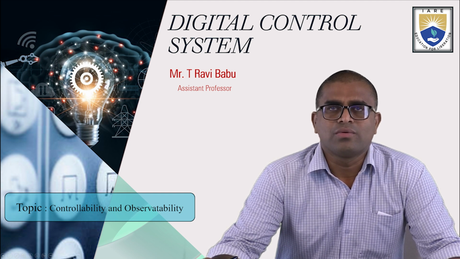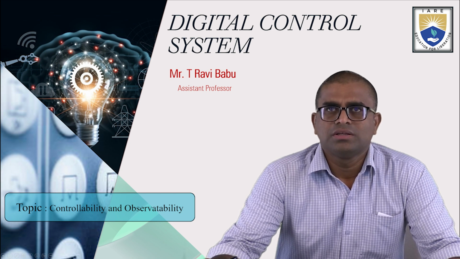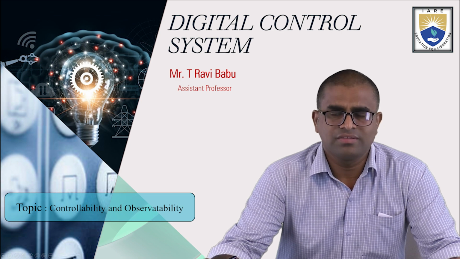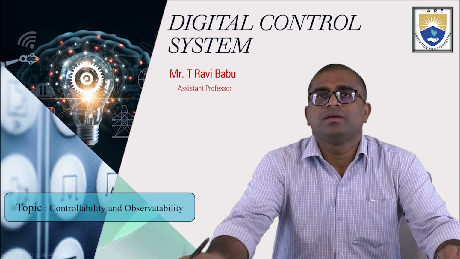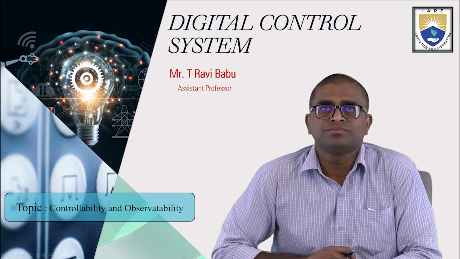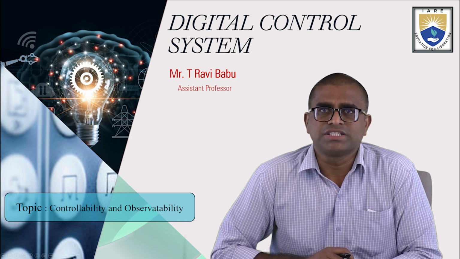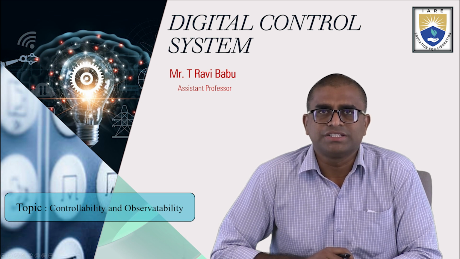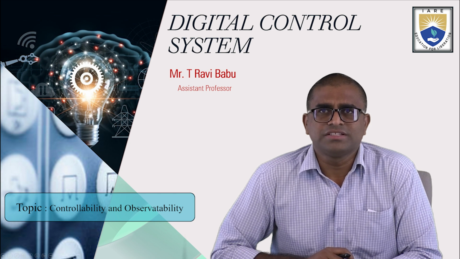Today we are going to see Module 3, that is state space analysis. In state space analysis, we are going to see the controllability and observability. When we take the controllability and observability test, first of all, we have to define the stability condition. Stable is nothing but, for any system,